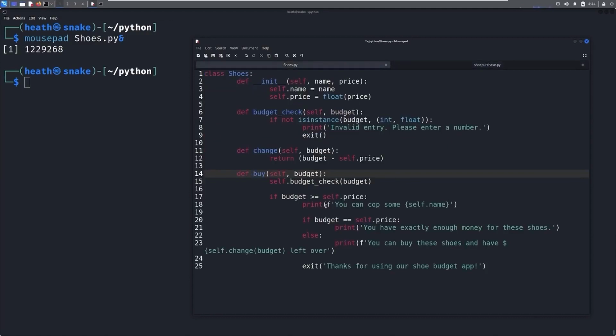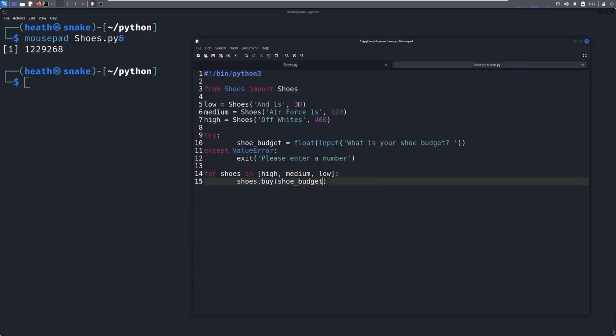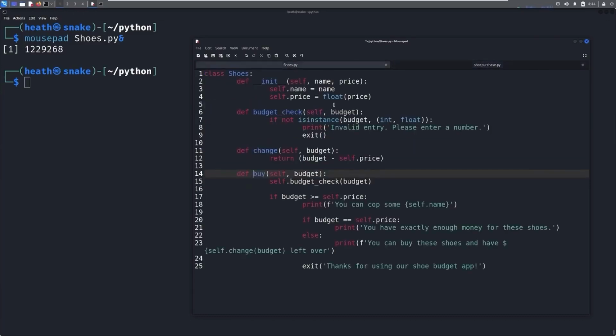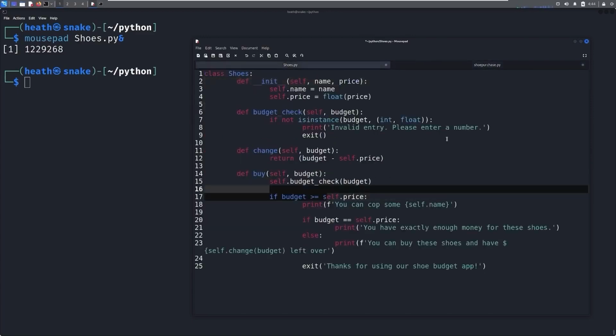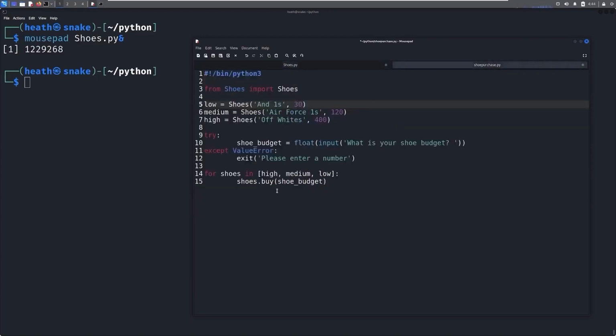If it is greater than or equal to the price of the shoe, we're defining our name of the shoe and our price of the shoe from our parameters that we defined up here, name and price. So we're saying, hey, the name and the price. So is the price of the shoe at most the amount of our budget? And if it is, we can buy that. And we'll check in the highest order and then go in the lowest order. If you flip these and you put in $400, it would just keep telling you that you can only buy the low price shoe. So you need to make sure it's in the highest to the lowest order in this